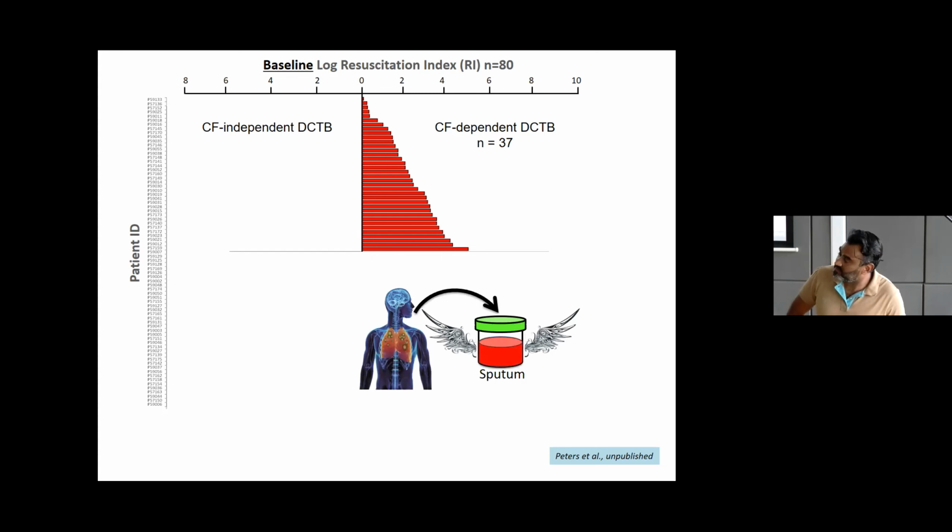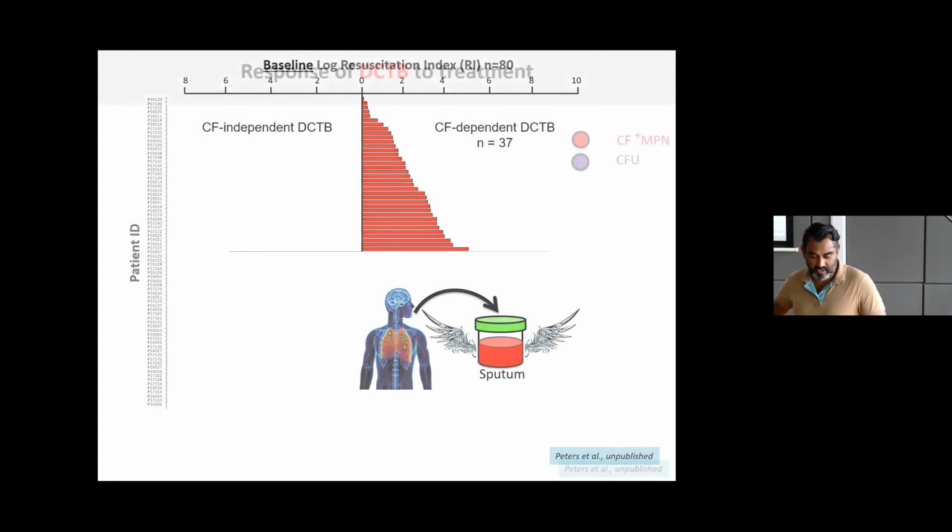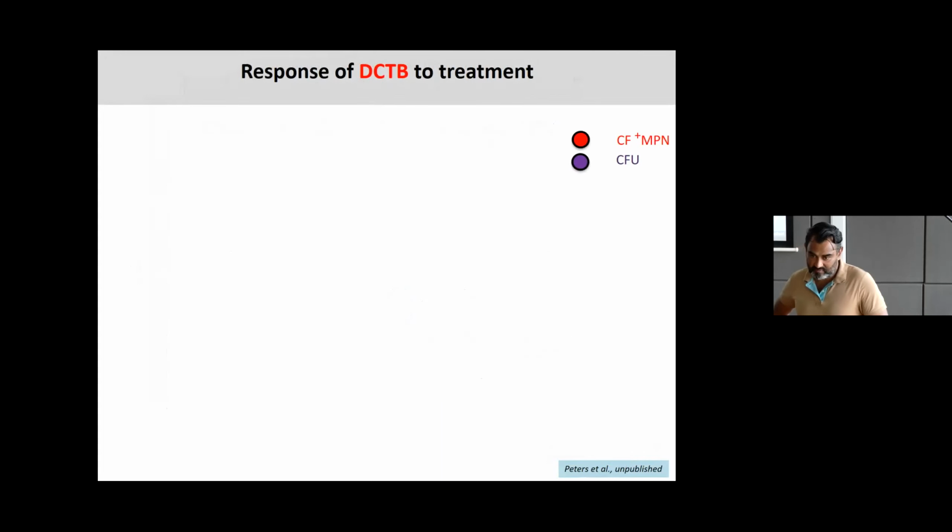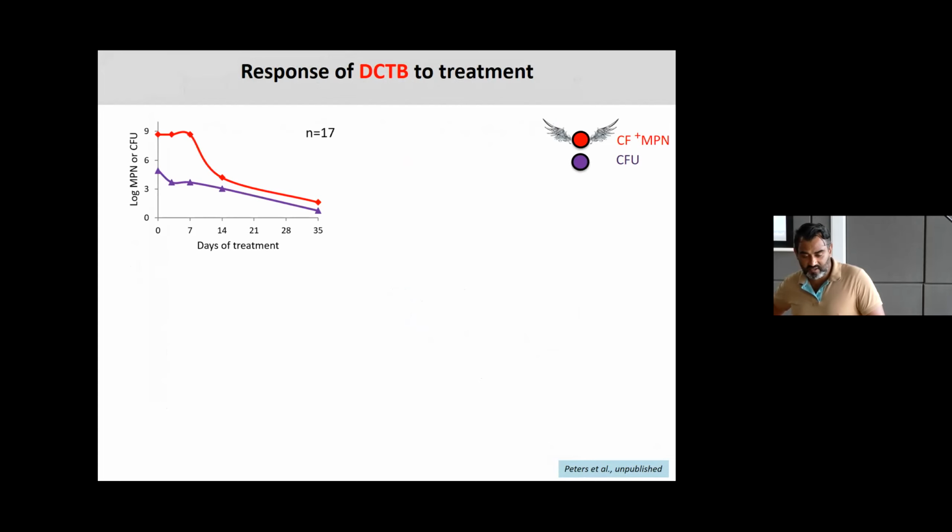So I want to build this model for you. Sputum has a lot of bacteria that don't grow. And in order for you to grow them, you need to add this Red Bull, right? So when you now follow these people, to answer your question, right? When you follow these people longitudinally, right? And you look at the Red Bull population and something that we can conventionally count on plates, you see two